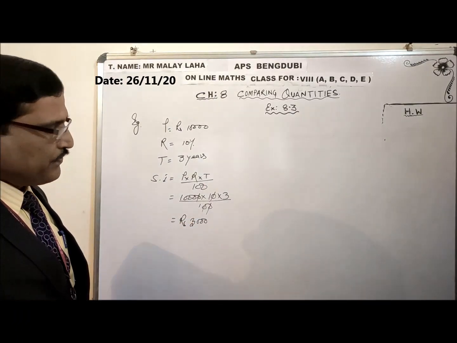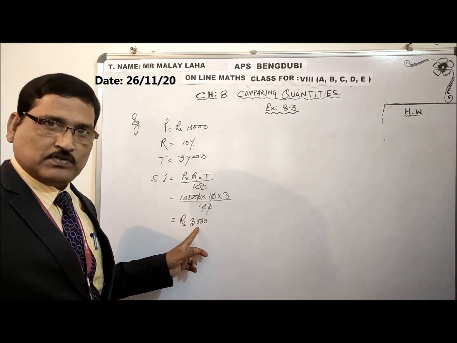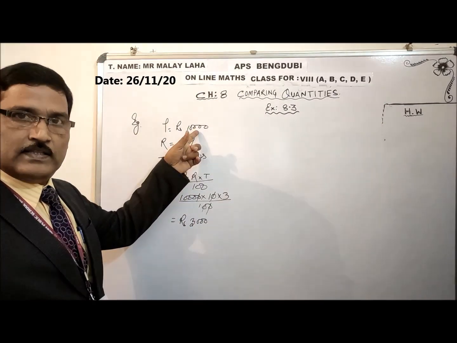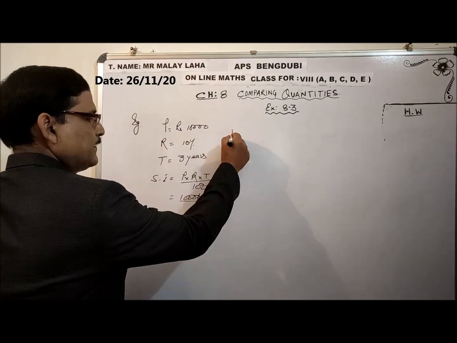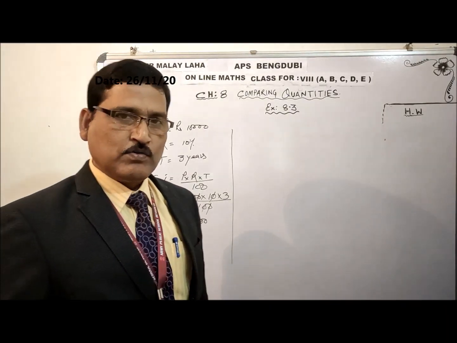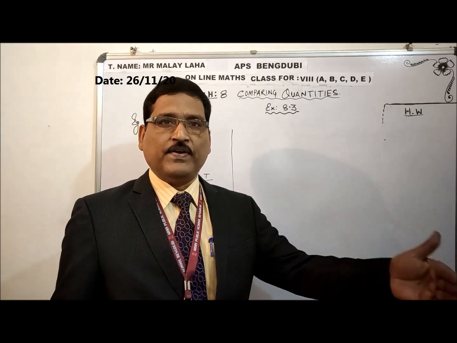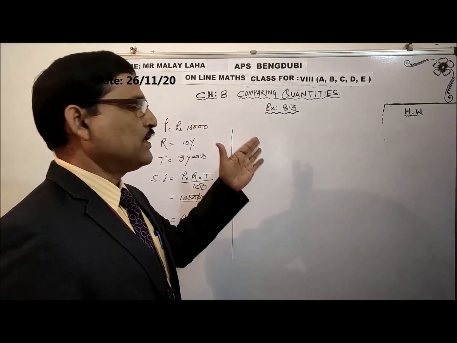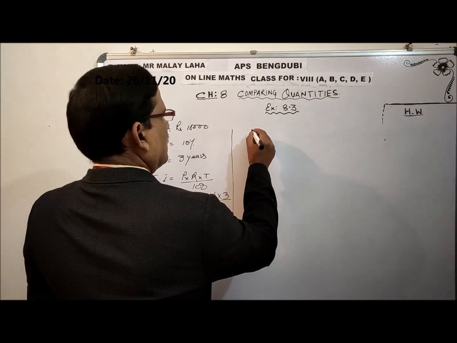So at a time on the capital we are earning simple interest of rupees 3,000 on the principal 10,000 after 3 years at 10% interest. Clear? Now, same principal, same rate, if I invest it in compound interest, how will it differ? Let's see compound